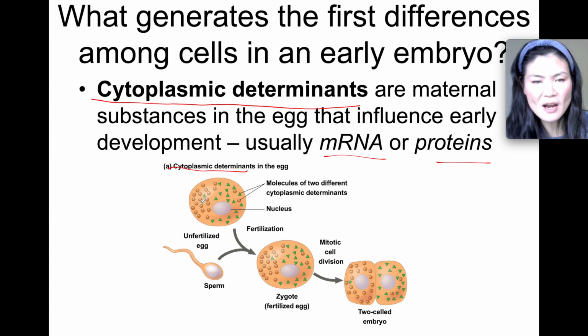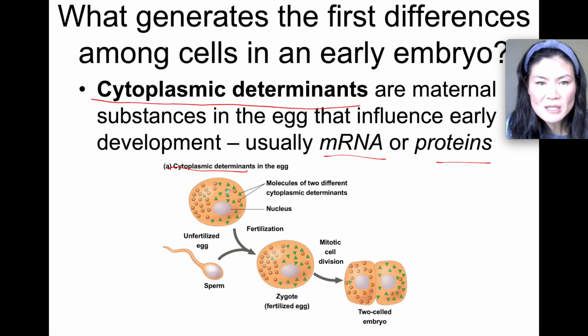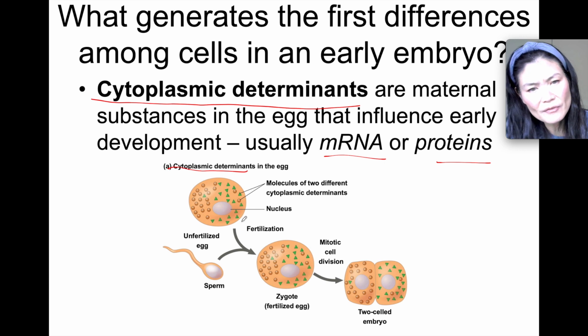And can you guys see in this diagram that it's unequally distributed through the cell? Like I see more of these round proteins versus these triangular proteins. I see more of the round on the left side. I see more of the green triangle proteins on the right side. So these are called cytoplasmic determinants, and they're unequally distributed in the cell. And that's actually important because where these cytoplasmic determinants are found in the first cell is going to determine where the head is going to go for this organism. Maybe this is a frog. Where is the tail of the frog going to end up?